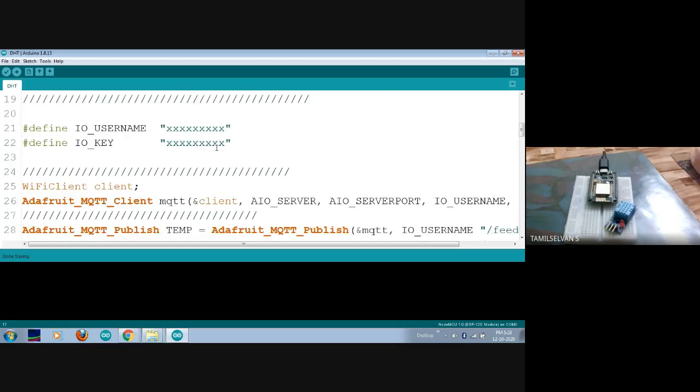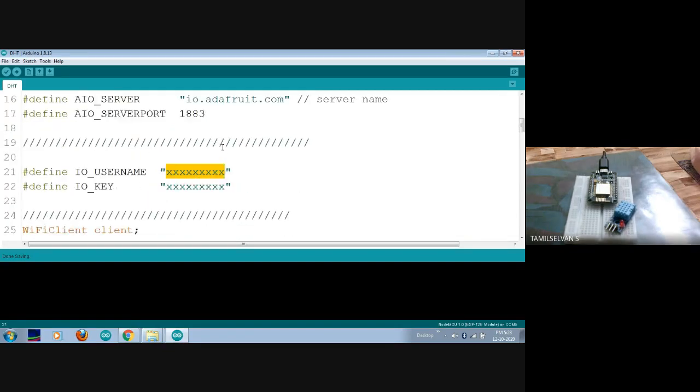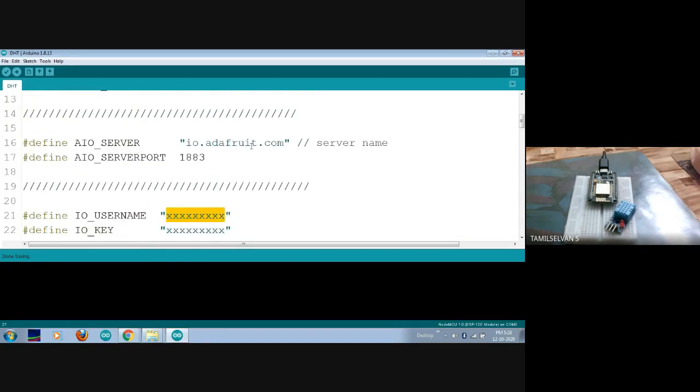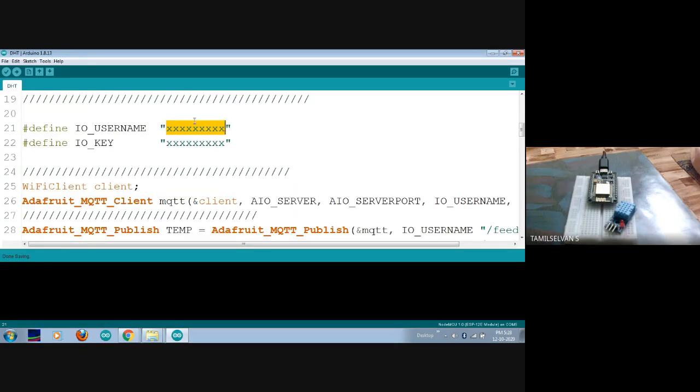And next one is your username and a key. This particular username and key is the login key for your Adafruit account. You'll have a manual login, and after logging into your account, you'll be given some username and key to post your data into your cloud. So from your cloud, you have to take those two credentials.